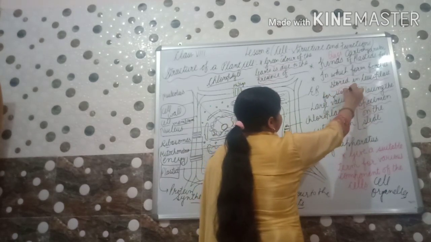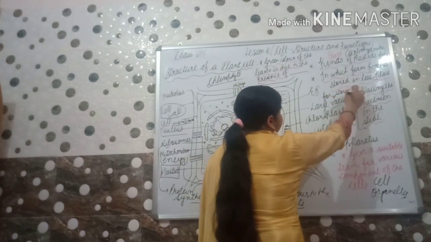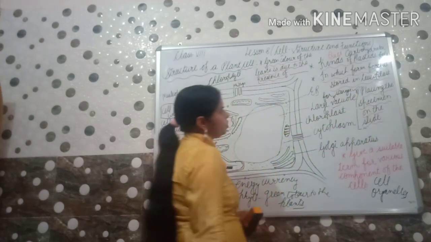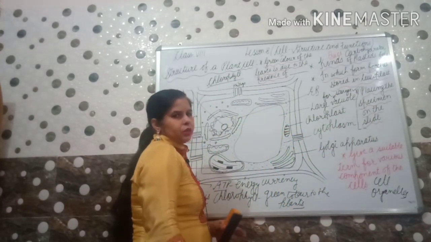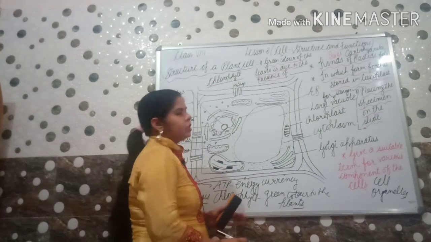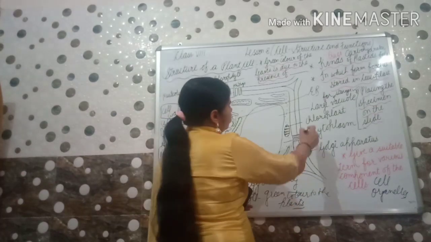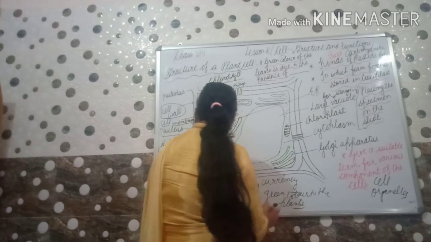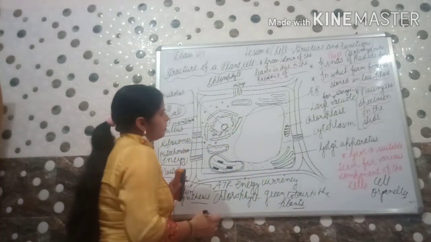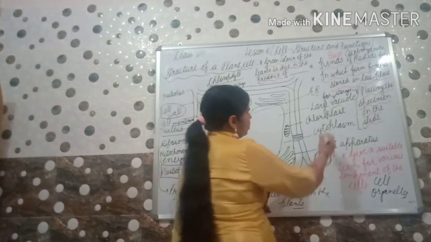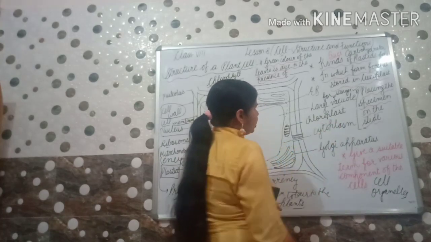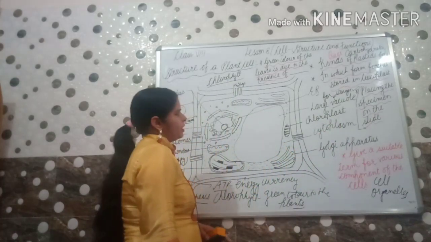For storage purpose. In this we can say sometimes there is a storage of the waste materials also, so that it can be disposed easily from here. Chloroplast. We have discussed in the plastid also, which is a form of chloroplast. Chloroplast में क्या होगा? Chlorophyll. Same it is here, which gives the green color to the plants.